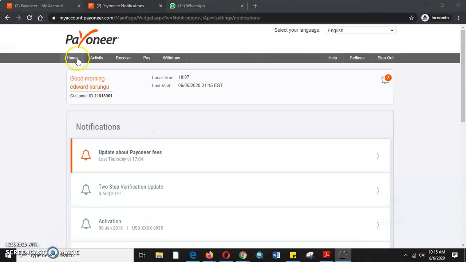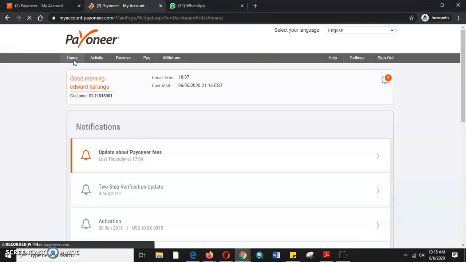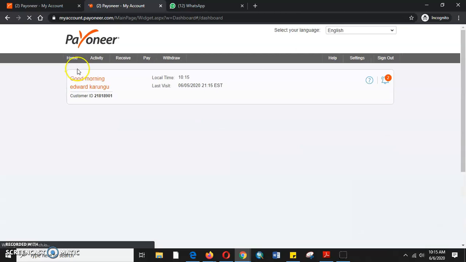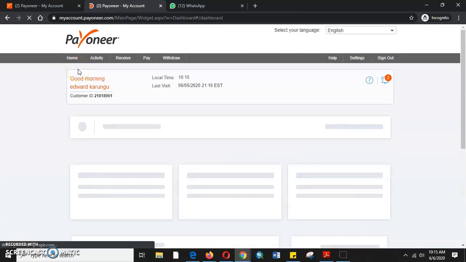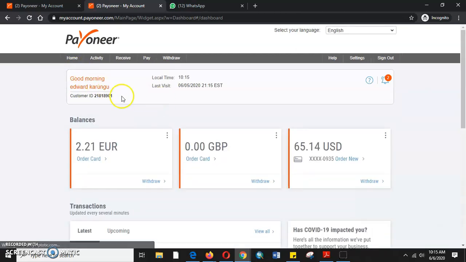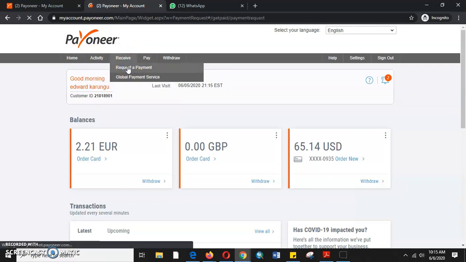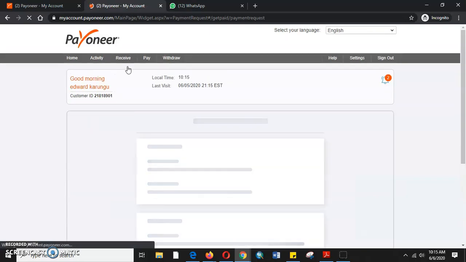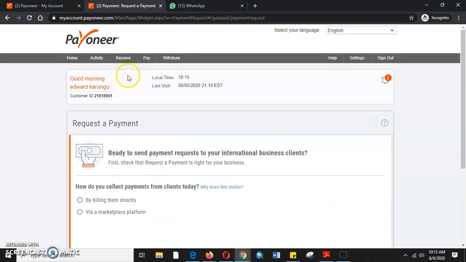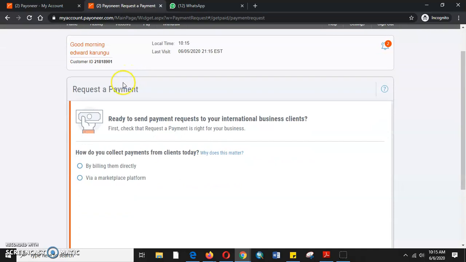So the very first thing we can see here, this is our Payoneer account. We are trying to make a request for payment from an international global client. So the first step that will come here is to click request a payment. Once we come here to request a payment, we will have this tab that tells us request a payment,